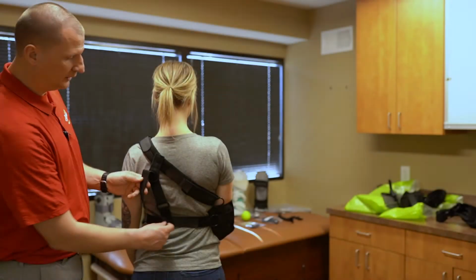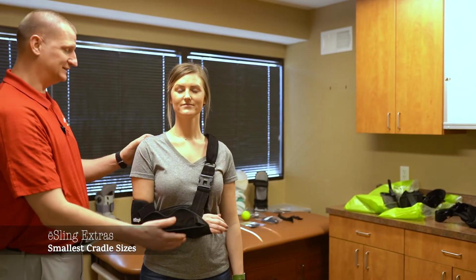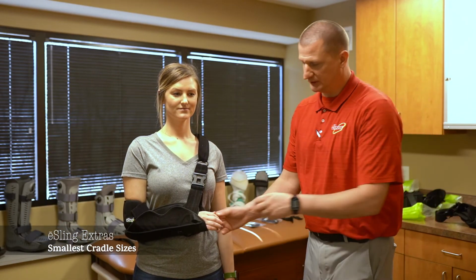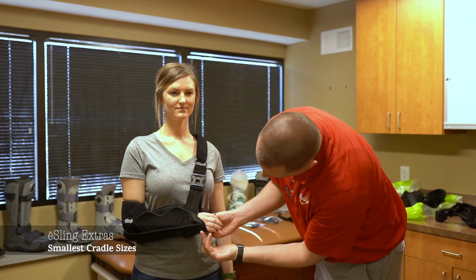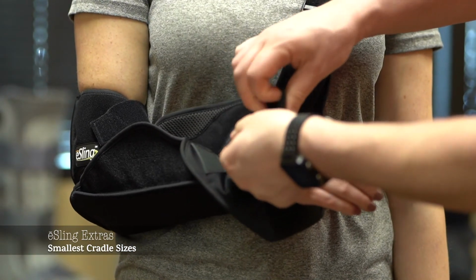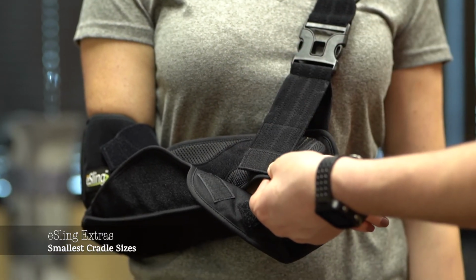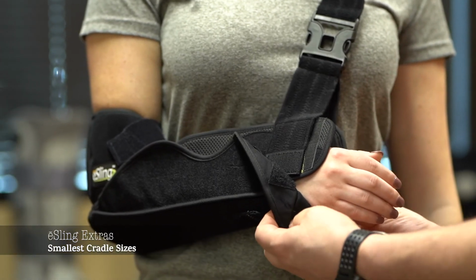Another feature of the sling is the optimal sizing of the cradle. To get to its smallest size, you're able to fold this back along these seam lines. To get to the smallest size, you're going to have to undo the neck strap attachment and move it over to the innermost border. As you do that, you can fold this back